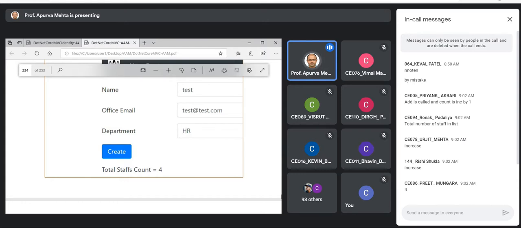That's why the create view is able to see the new staff added by the create action method. It sees that there are not 3 members but 4, because the create action method has already added 1 staff member, and hence we see the total staff count as 4.